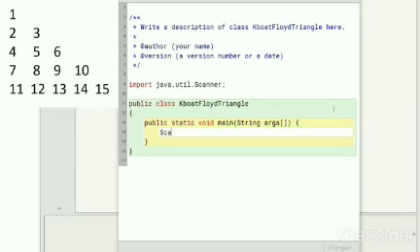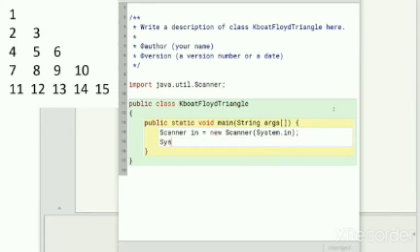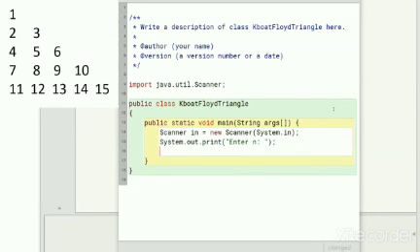After that, I will create an object of Scanner class. Then, I will show the user a message to enter the number of rows. I will store the number of rows entered by the user in variable n like this.